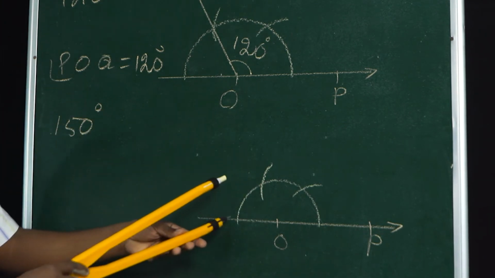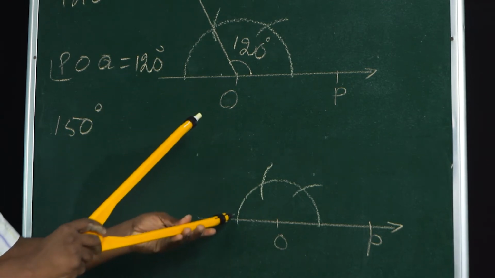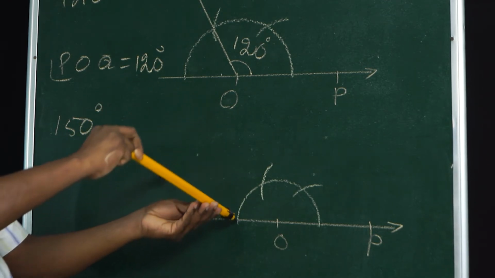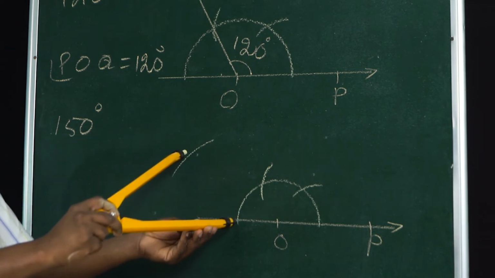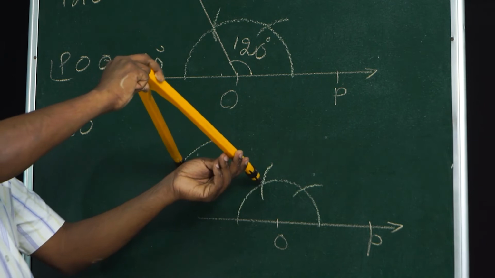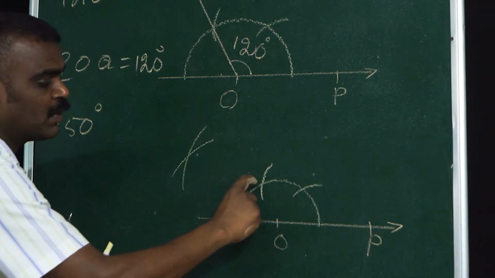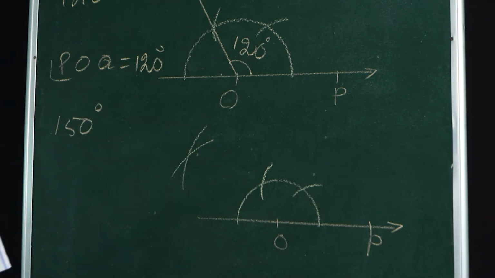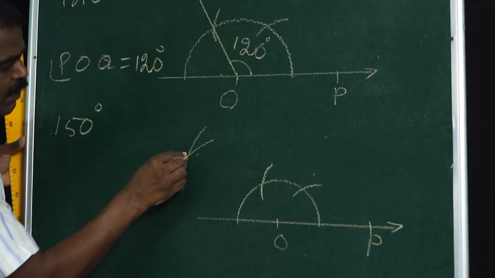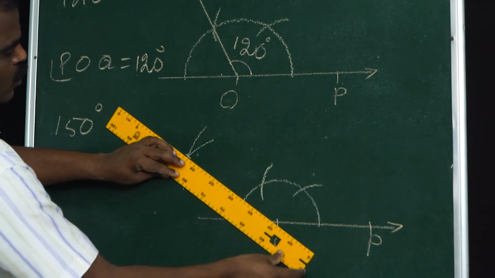So, middle. Keep the compass here, take any measurement, no problem. Take any measurement and cut an arc, okay? Without changing, another arc, from 120 another arc. Meaning we are going to divide this portion into two equal parts, where both are intersecting, the cross point. Then you join which one?